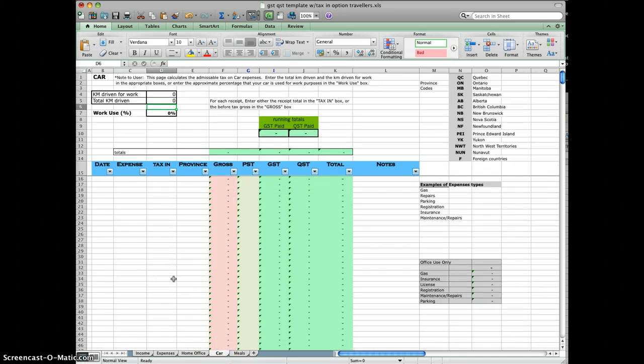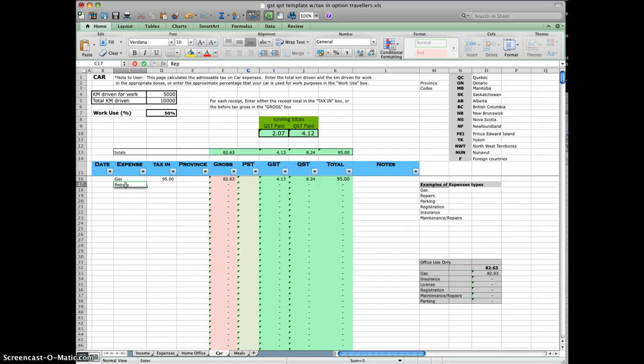For car expenses, we're going to do the same thing. The best way to keep track of your car expenses, the proper way, is to record all of your car expenses and then adjust them by, again, the number of kilometers that you drive for work in the period. Let's say it's 5,000, but I drove a total of 10,000 kilometers in that period, so 50% of it was for my car use. But then I'm going to put in all of my car expenses, so my gas,